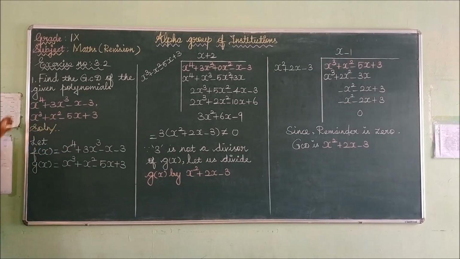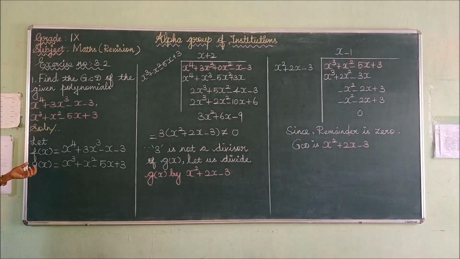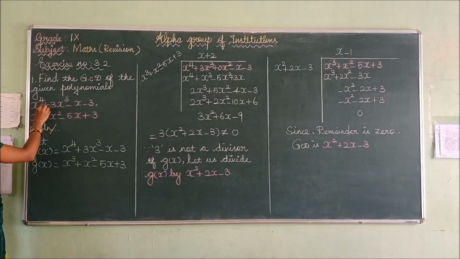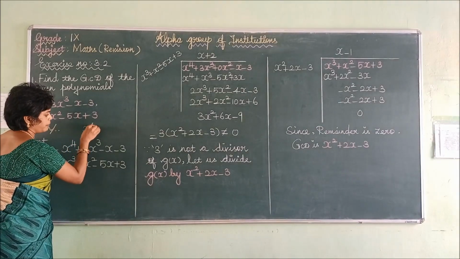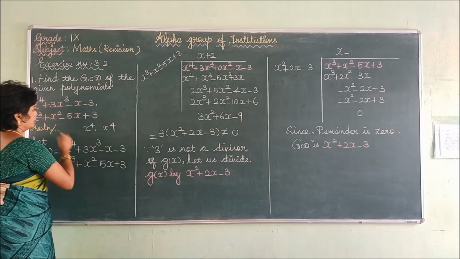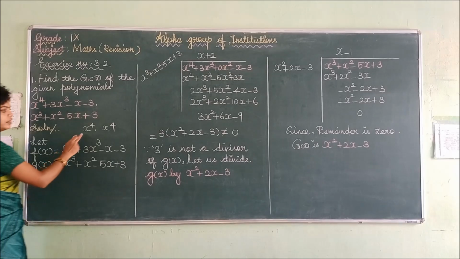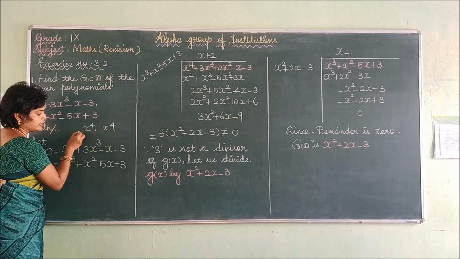So listen here. From these two polynomials, you have to take one as f of x and the other as g of x. Which one can we take as f of x and g of x? Listen carefully. You have to look at the powers. The highest power you take as f of x and the other one as g of x. If both the powers are the same, you can look at the coefficients. In the given question it is x power 4 and x power 3. But in some problems they have given both polynomials with x power 4 and x power 4, which means look at the coefficient.